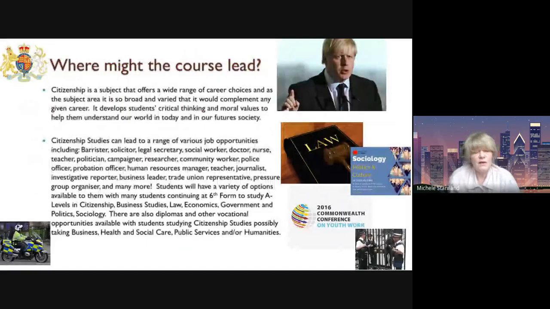So if you're thinking, I know you're only year 9 now, but if you're thinking about year 11 and beyond, year 12 and beyond, citizenship covers a wide range of career choices, because it's about people, it's about well-being, it's about human rights, it's about a fair and democratic system that includes things like the NHS and youth services, teaching, schools, education. It covers a wide range of